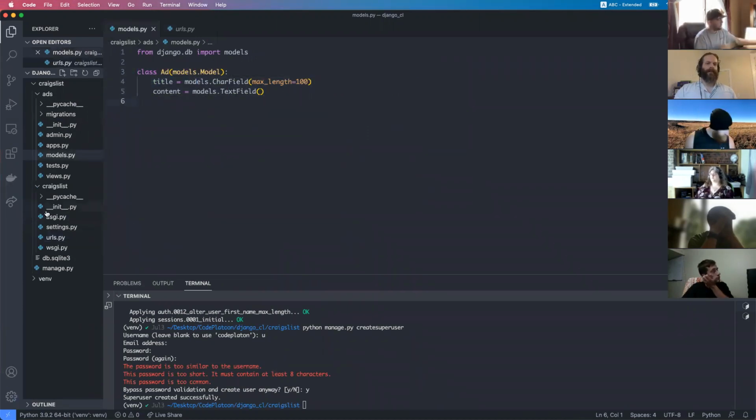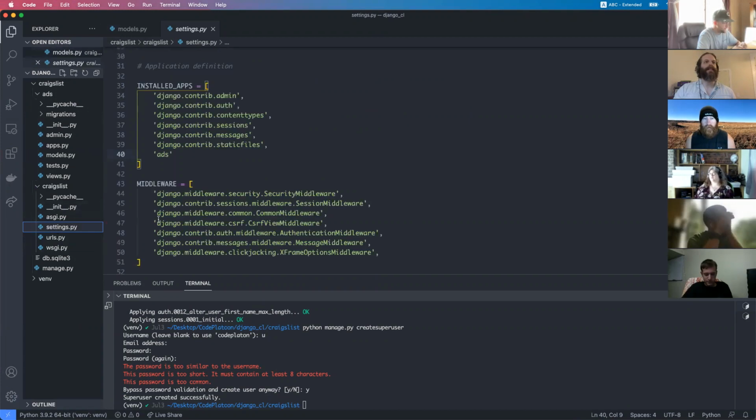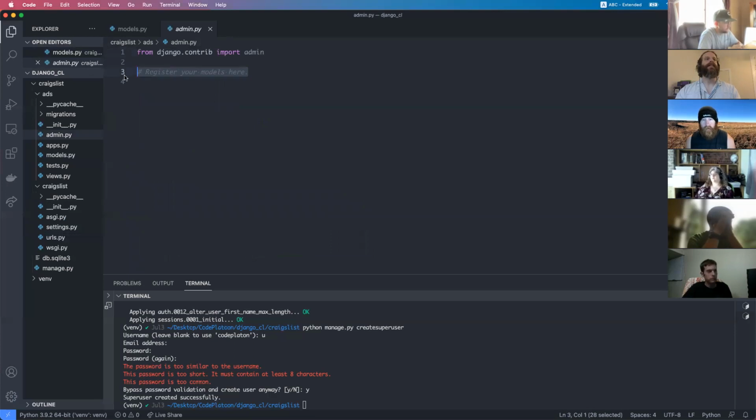So just like when we create a new app, we have to tell the project about the app. So we have to go into settings and say, please take note of this app. We're gonna have to do something similar with the admin terminal. So for any app that you want to access in the admin terminal, you're gonna have to register it. And the way you do that is